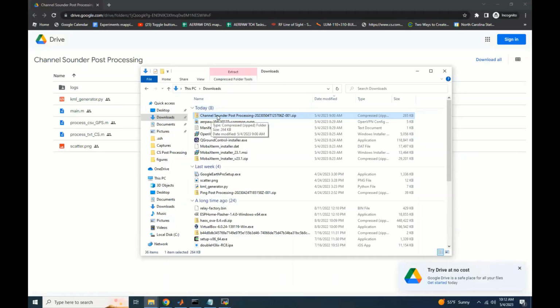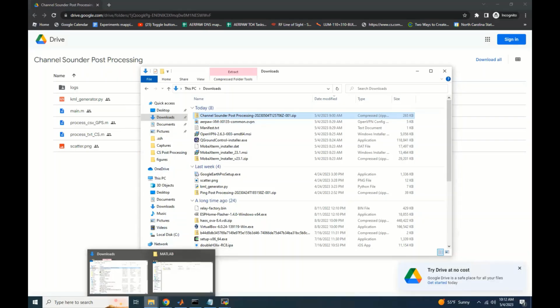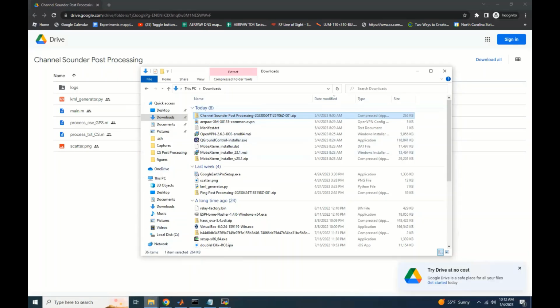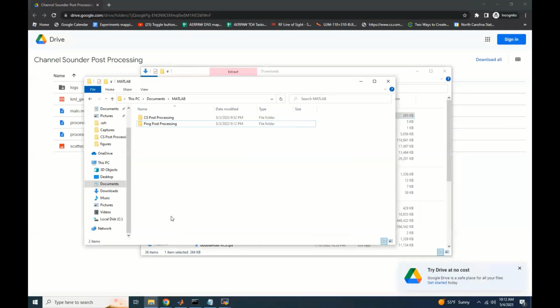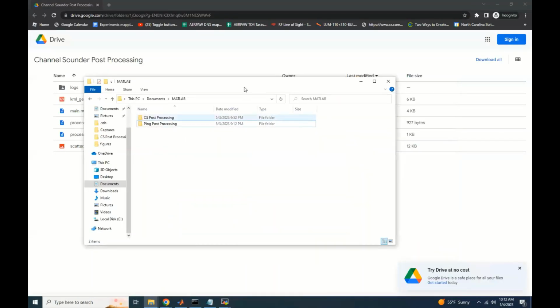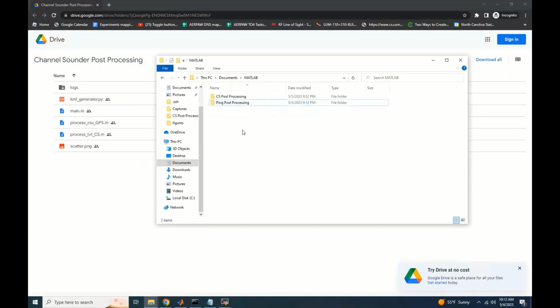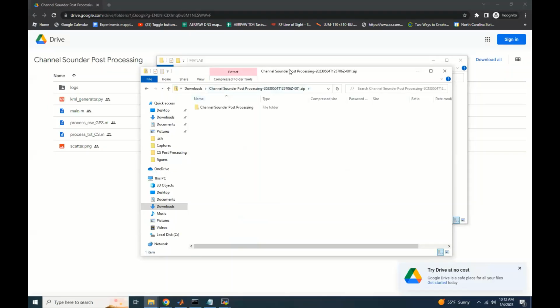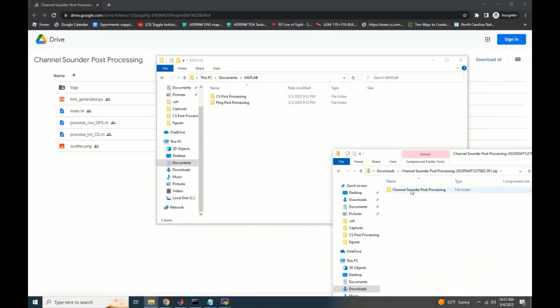So the post-processing will be done in MATLAB. What I will do is first show the sample experiment that was performed earlier, and then we'll repeat the same processing for the experiment that we just did. So I go here, double click, and paste it. There is a folder which contains some files. So I copy the entire folder